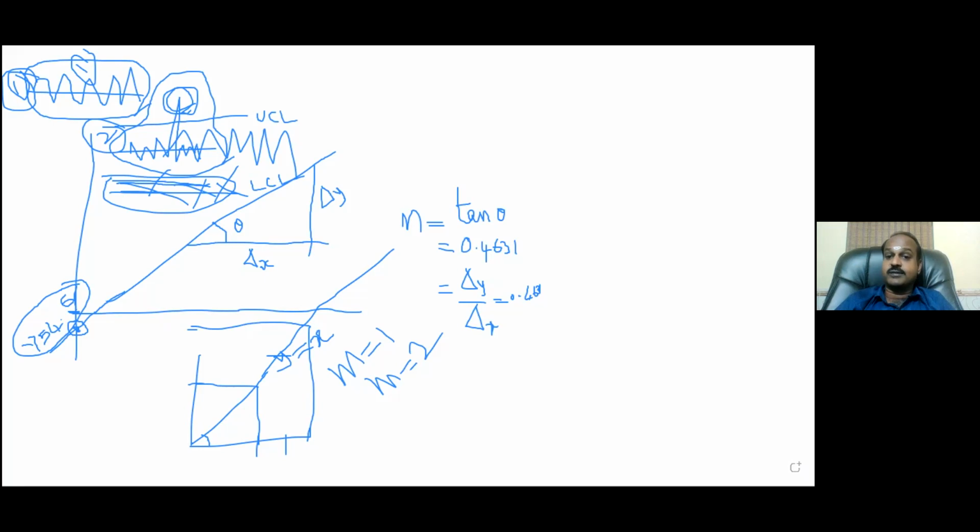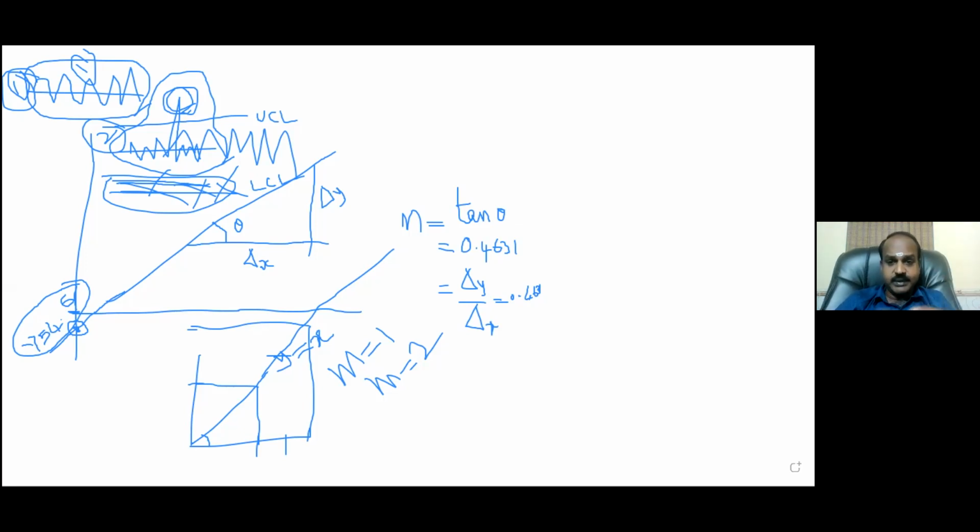If a point is outside, you can find out. But if the point is inside, and you observe any non-random pattern, that's an indication that your process is getting disturbed by some special cause. Do you understand? One of you used the word chance cause on day 3 or day 4 itself. Chance cause means whatever variation you see within the control limit, those are generally considered the variation due to chance causes. If a point goes outside the control limit, the variations are considered to be the variations due to special causes.